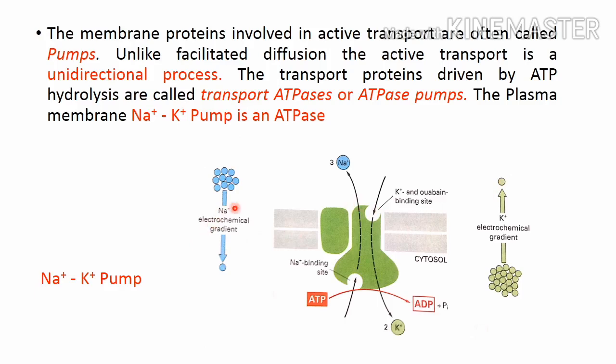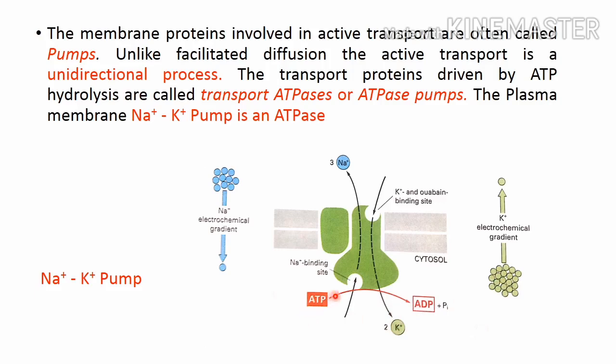So we can see that this is a reverse situation for both ions: where the sodium ion concentration is low, the potassium ion concentration is high. So these molecules are transported against their concentration gradient. Where the sodium ion concentration is low, these sodium ions are still transported out of the cell towards their high concentration area, and similarly the potassium ions are transported from their low concentration to the high concentration area, that is inside the cell where the concentration of potassium is already high.